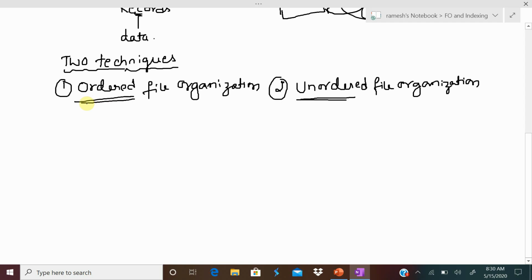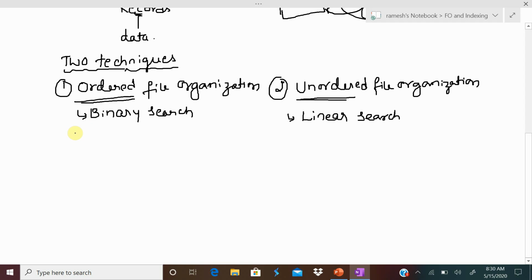As you know, if the file is ordered, it is going to use binary search for searching records in the data file. When it comes to the unordered file, because records are not in ordered fashion, it is going to use linear search for searching a particular record from the disk.